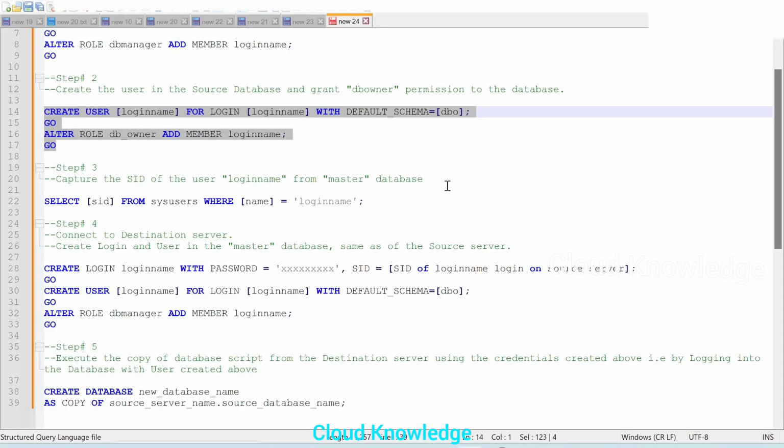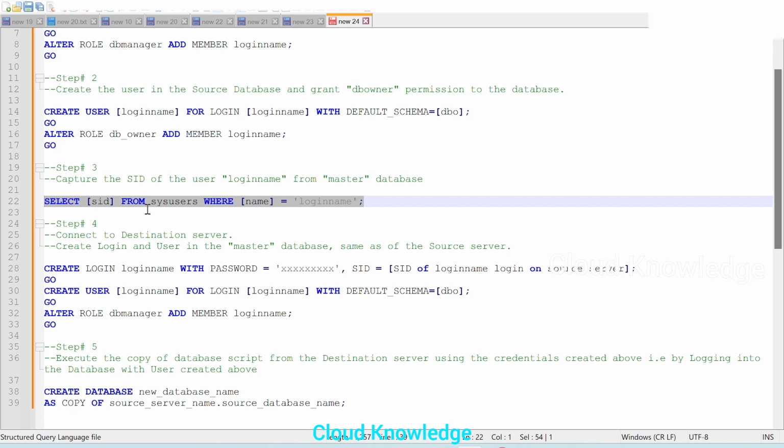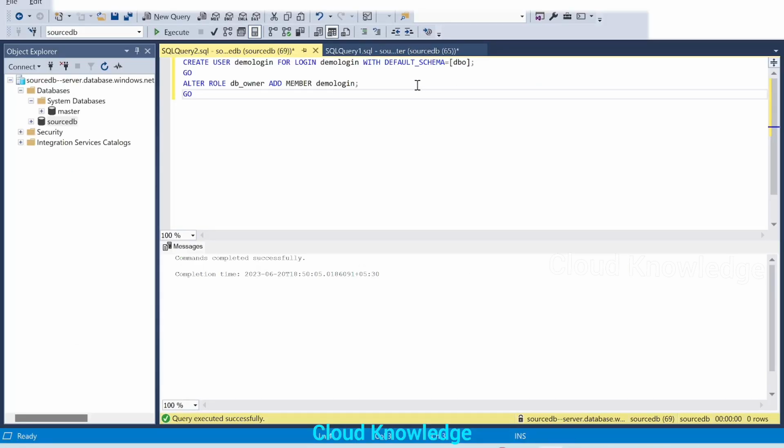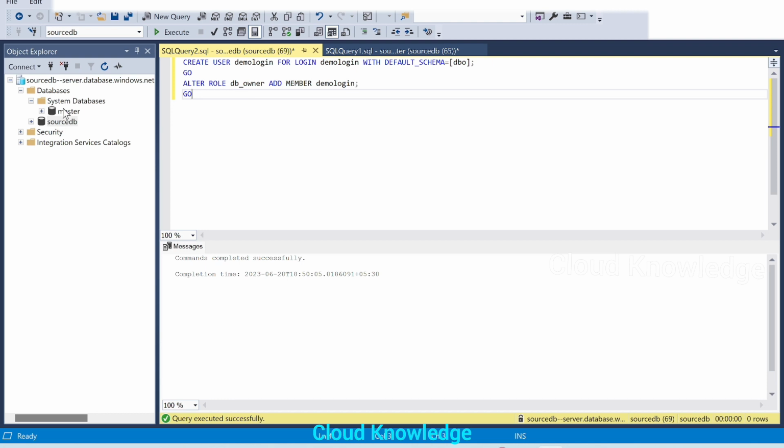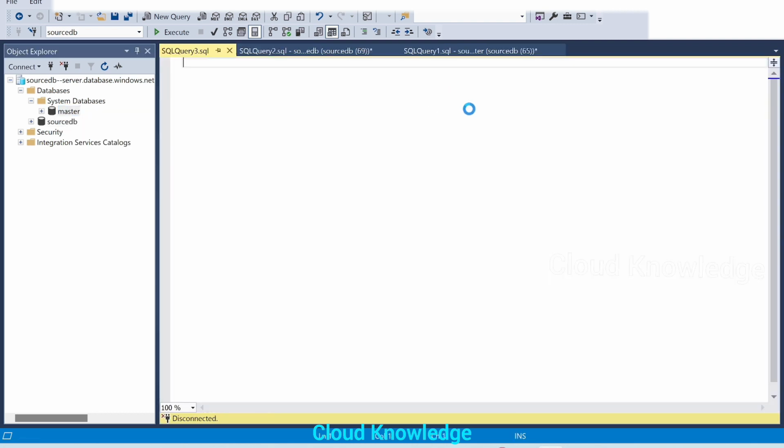From the master database, select SID from sys.sql_logins system table where name is the login name. We'll copy this and execute it in the master database, because from the master database we have to capture the SID. So we'll go back to this window, click on master, new query, and paste the command.